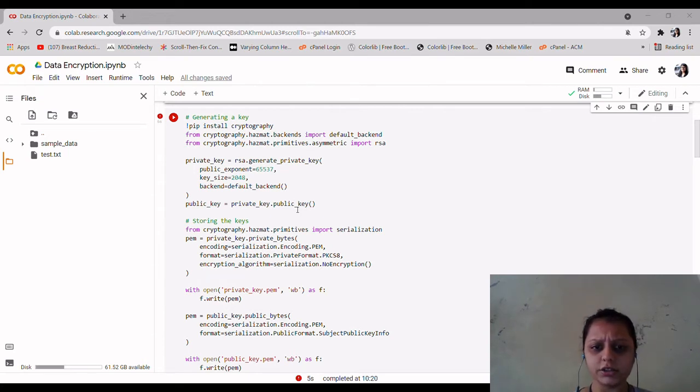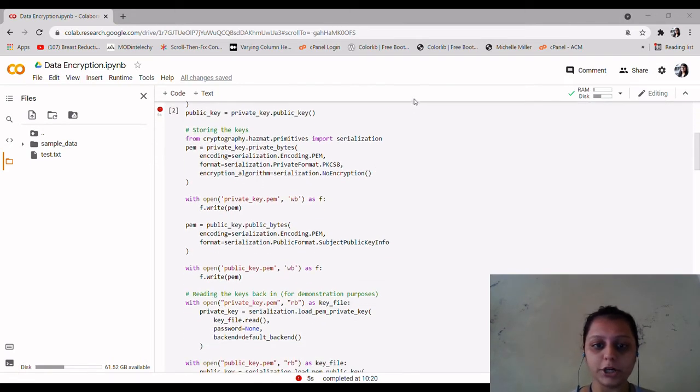After that, I store both of the keys in .pem files. PEM, privacy enhanced mail, is a standard file format for storing cryptographic keys. Here I used the serialization module to store the keys, which contains functions for loading the keys from bytes.